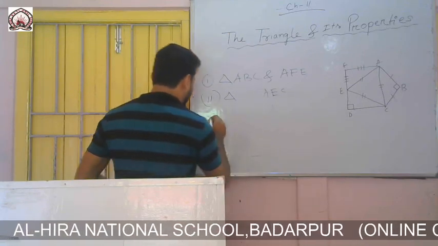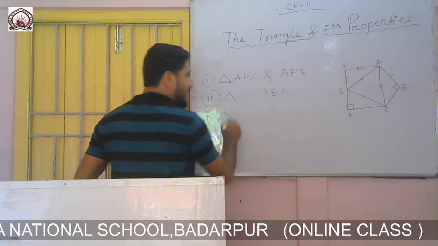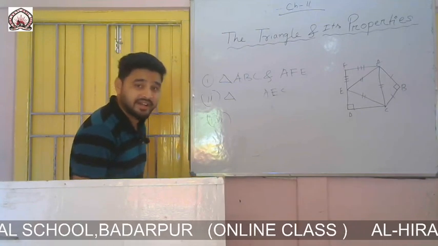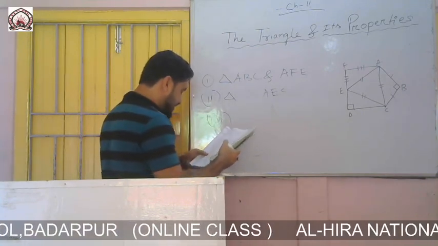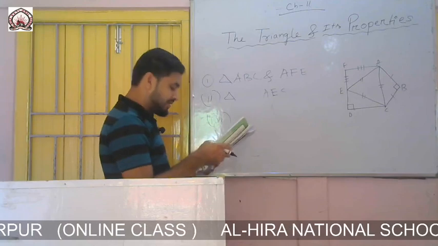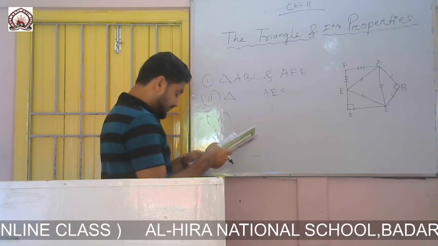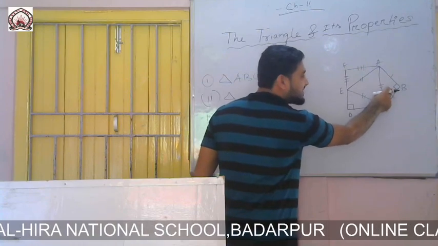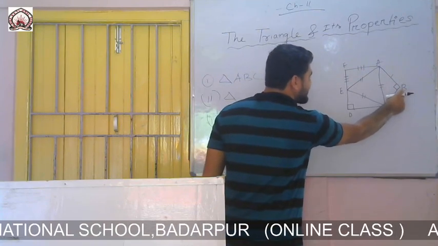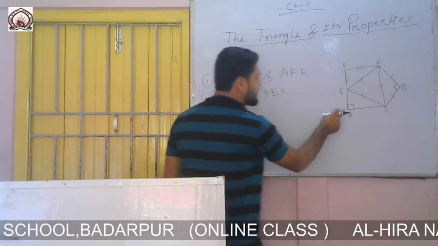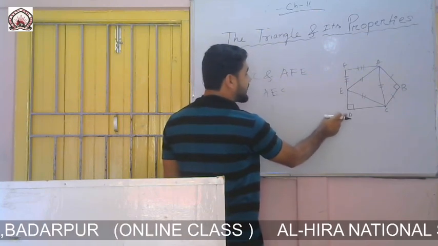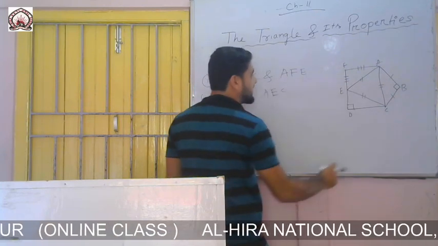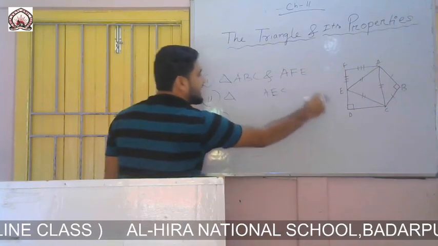A right angle, that means one angle is what? One angle will be 90 degree. Not at least, only one angle should be 90 degree. You see from the symbol, this symbol implies that the measurement of this angle equals 90 degree, and this symbol also implies that the measurement of angle D equals 90 degree. So you can say that angle ABC and angle EDC.